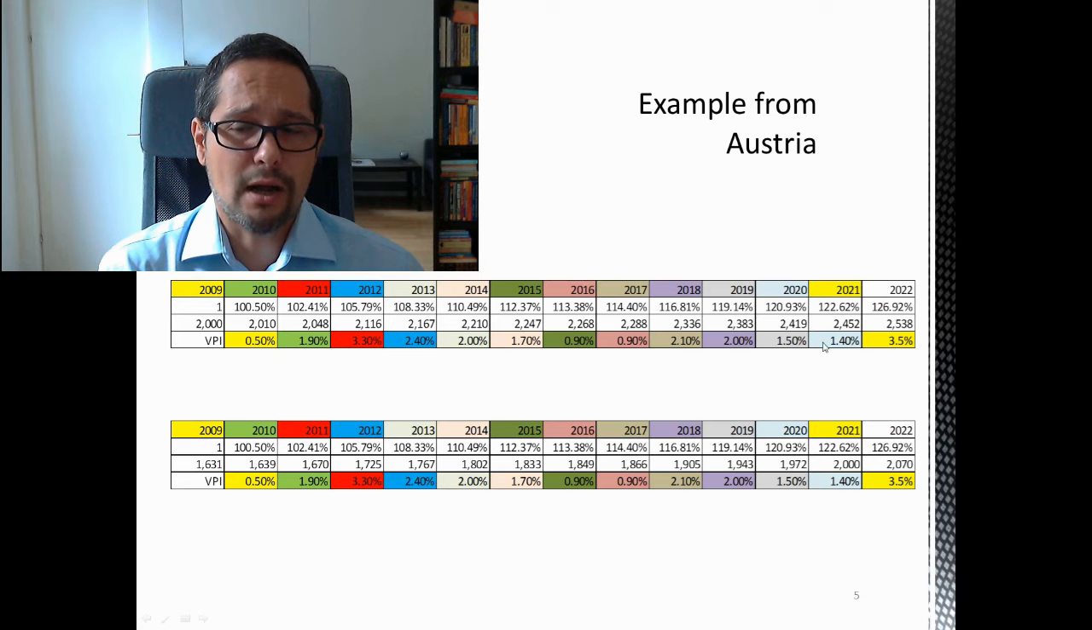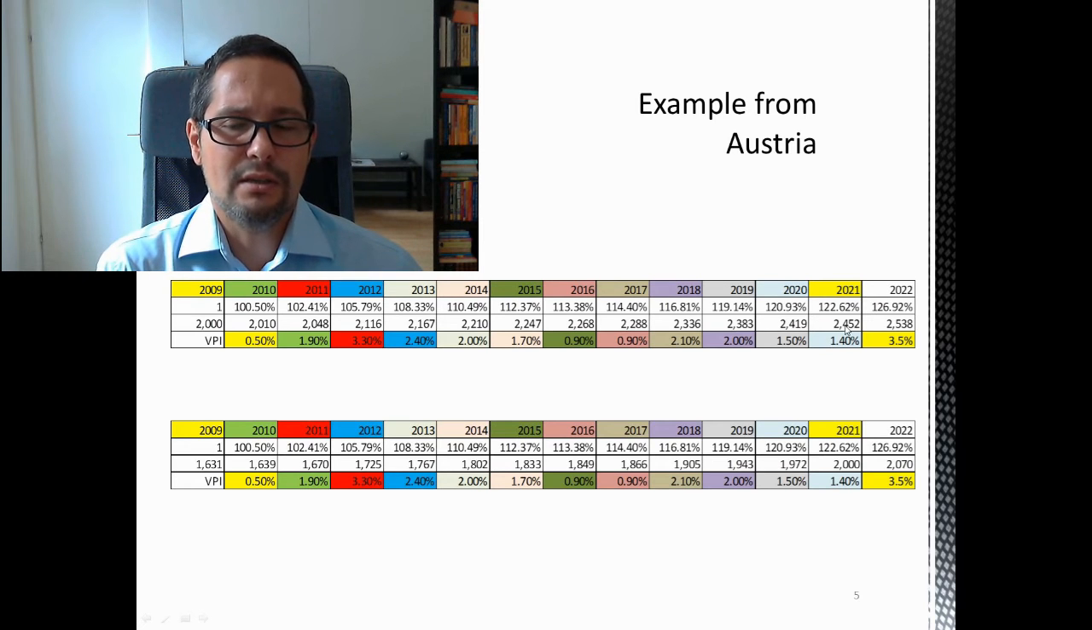If you just follow the colors, you will see that for 2021 we are looking only at cumulated inflation till the end of 2020, because till the end of 2021 we don't know how much the inflation will be, and usually these salary increases are based on previous inflation rates. And on the bottom you have the mirror image,